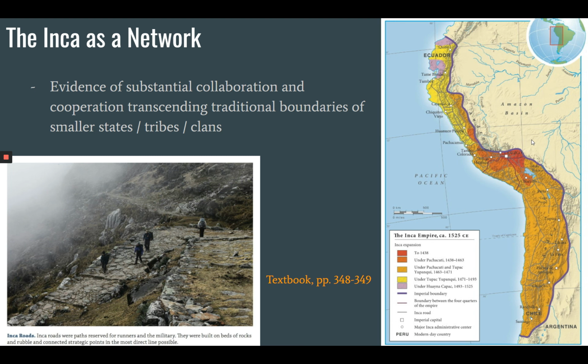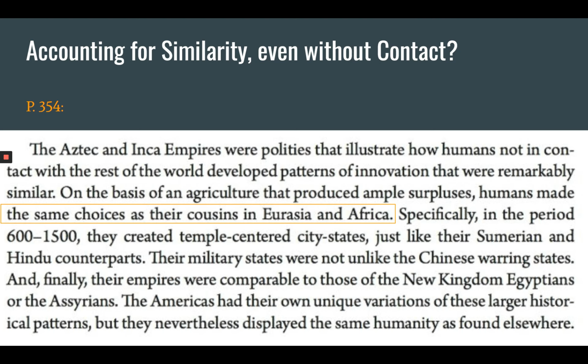And yet, despite this fact, we do see a large-scale European conquest of North, Central, and South America in the next few hundred years. This is all part of what would be in a modern history course. And so I leave you today in accounting for similarities and differences, even without contact, and how we look back on Africa and the Americas, the non-Western colonized worlds, and indeed also in part of Asia, as places that experienced similar fates, similar histories, despite being quite different in their own rights.